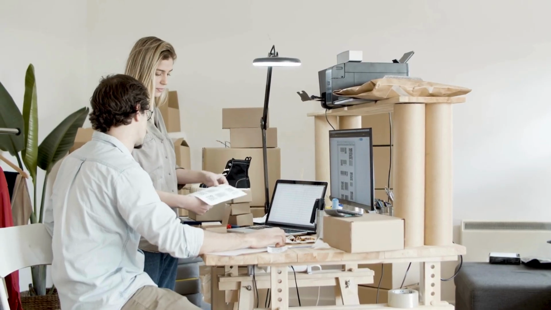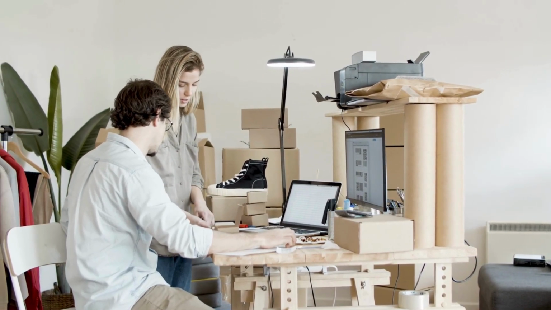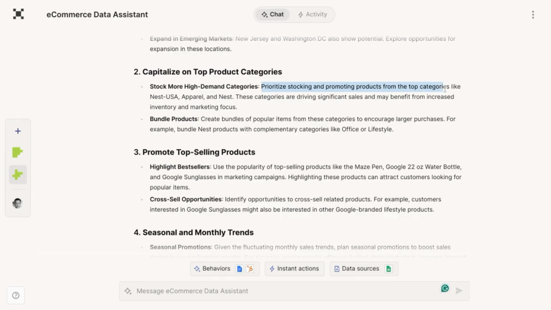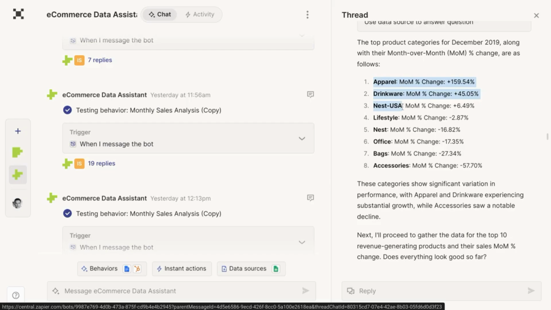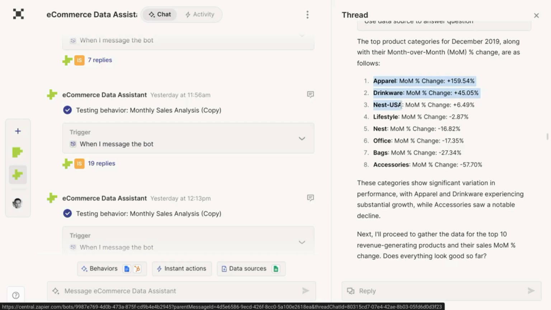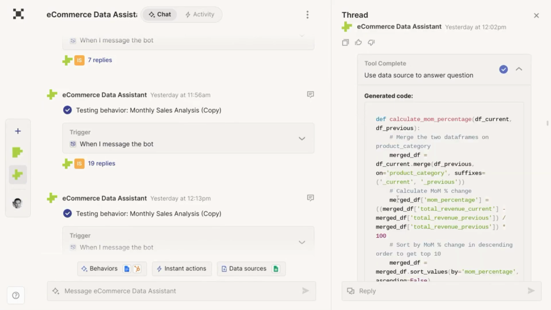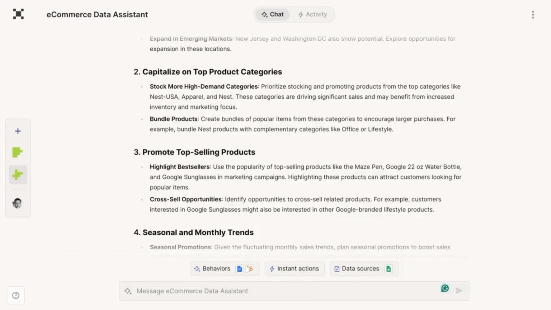The AI recommends prioritizing stocking and promoting products from the top categories like Nest USA, apparel, and Nest. Cross-checking that with what it gave us. So make sure you double check what it gives you. Even use the code that it generates to test it yourself. Make sure everything checks out, because you don't want to run campaigns or initiatives based on bad data or bad